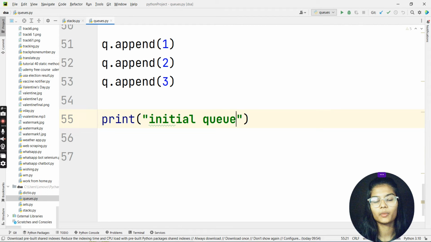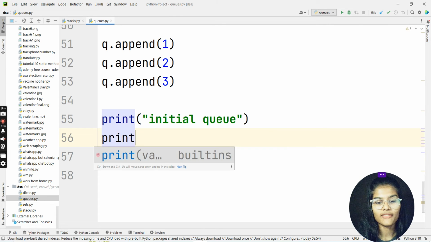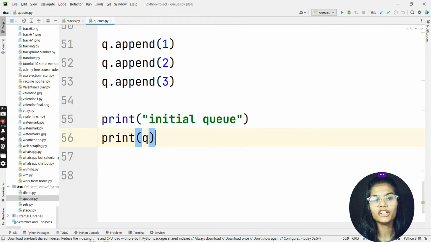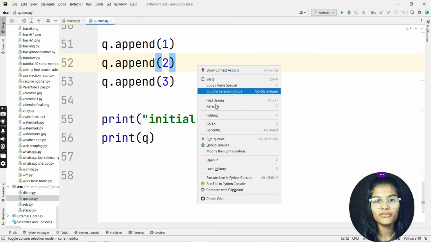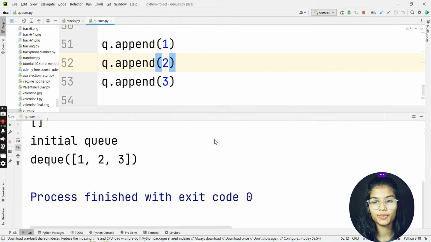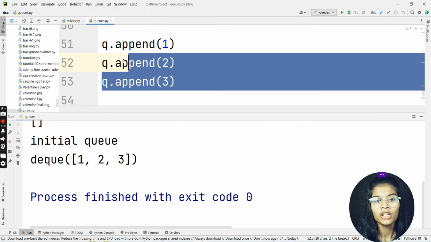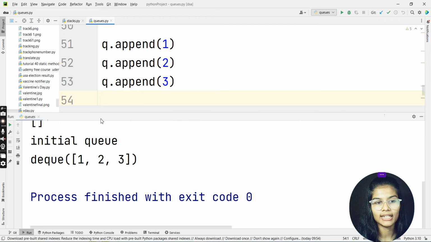So that is a respective thing which is required, and I've tried to simply print the queue variable. Now if I try running this over here at this particular place, see what has happened: my initial queue, this time we have declared the dq, so that is the reason we are getting dq over here, and inside that my elements have been added, which is 1, 2 and 3. As we wrote over here, 1, 2 and 3, all the 3 elements have been added at